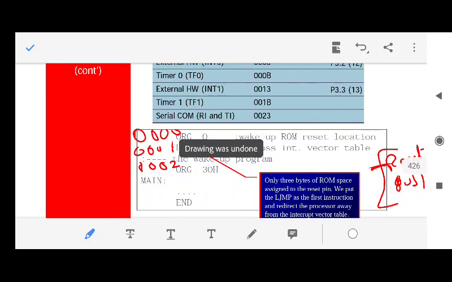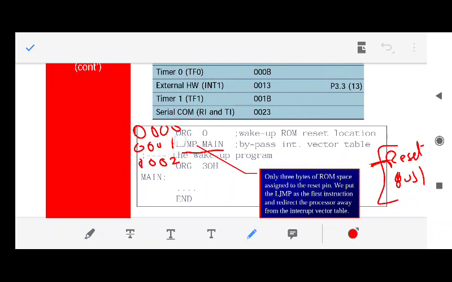First line in ROM is the assembler directive ORG 0, that means you are at the first line. Then it will go to the second line; it will do nothing here, it will go to the second line, that is long jump to main. That means you go to the main program. Fine. So whenever 8051 is reset, what will happen? It will be similar to the state when the 8051 is powered up. What will happen when it is powered up? It will go to the first place and then it will jump to the main program. Why will it not execute line numbers?